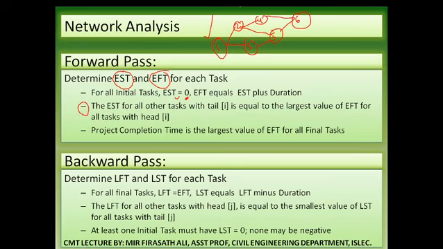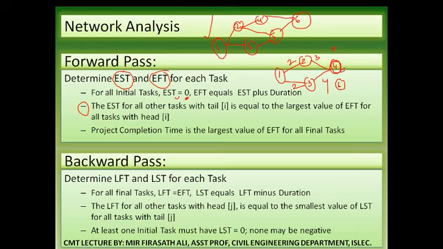What does it mean? Let us see here, from activity 1, 2 activities arise, activity 2 and activity 3. Now these all meet at activity 4. As discussed in the previous problem, 2, 3, this is 2 and 4. So what will be the EST of this 4th activity? If we come from here, it is 5 days. If we come from here, it is 6 days. Always the greater value we will consider.